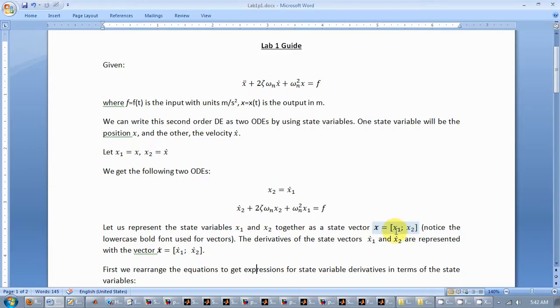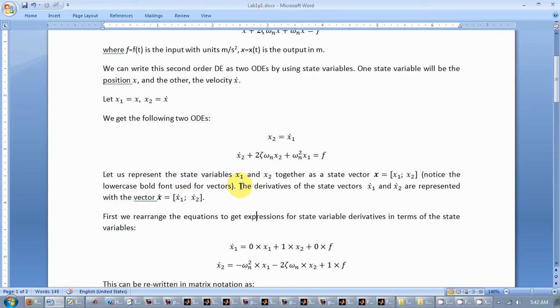So we combine x1 and x2 into a vector x, which is a lowercase bold x, and the derivatives of the state variables x1 dot and x2 dot are combined together in the vector x dot. So bold lowercase x dot is the derivative of the bold lowercase x. Now we can rearrange these two equations to get the derivatives in terms of the state variables. So we can write x1 dot as x2 plus 0 times x1 plus 0 times f. x2 dot is this,